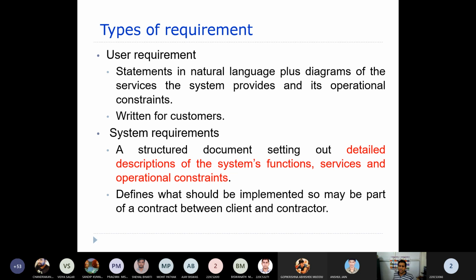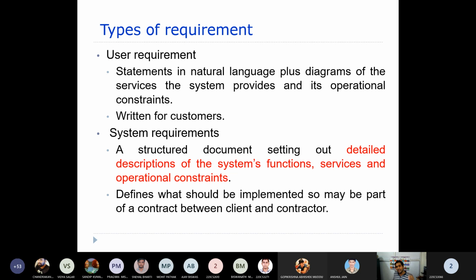So usually the requirement is written in simple language because this user requirement is actually for the customer. If you use any technical jargon or technical words in this document, the user will probably not understand because they do not have technical knowledge, right?